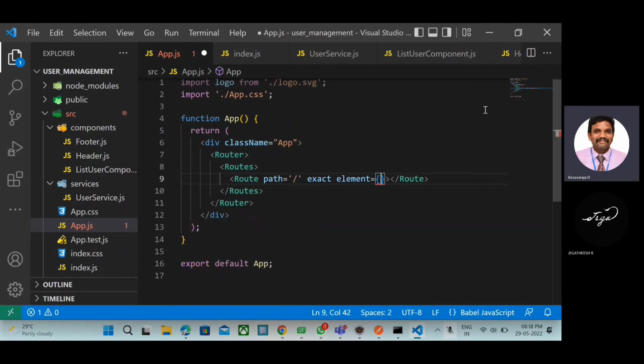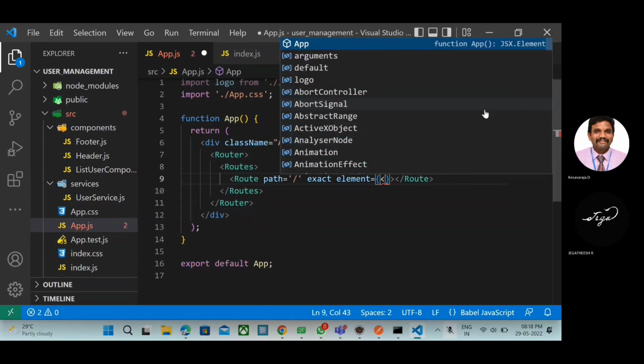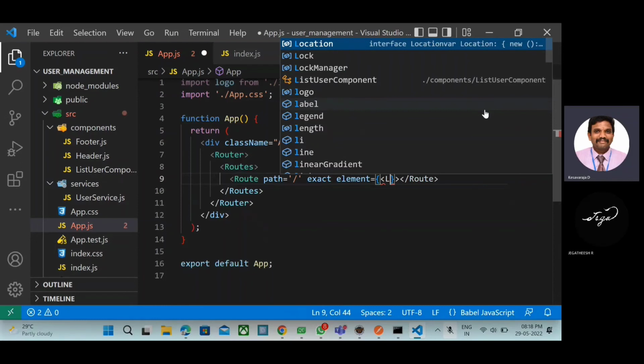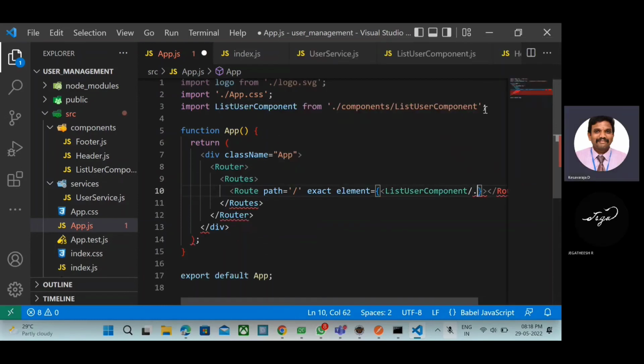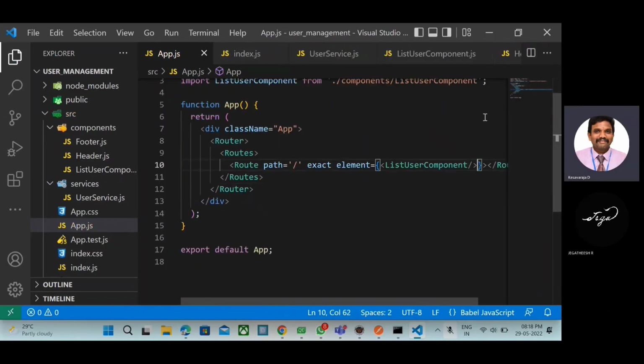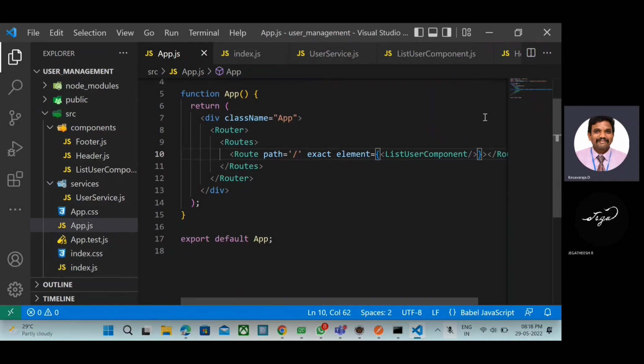Open curly brace, less than, and we will open the list component. So, ListUserComponent, slash. Okay, that's good. Now save the file. You will add something for Router, inside Router,